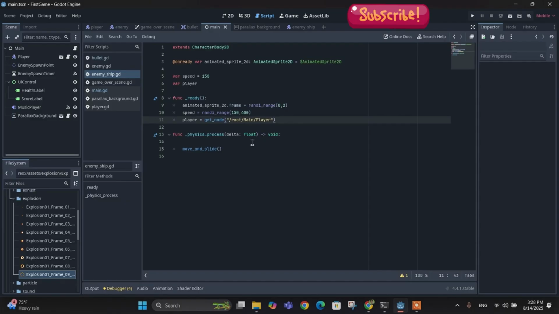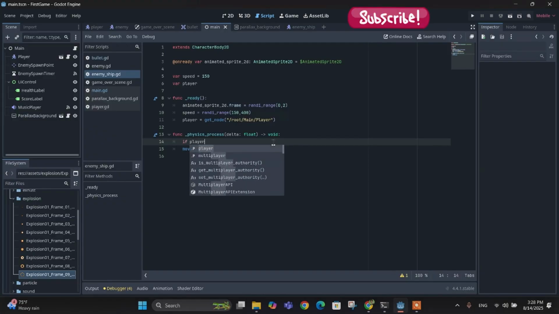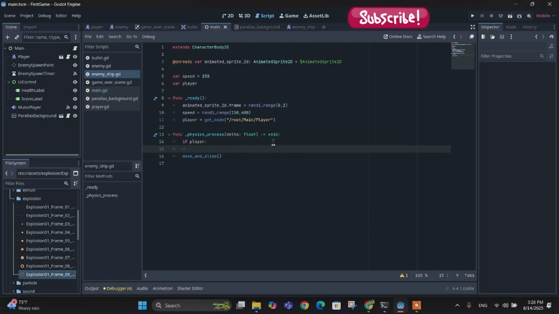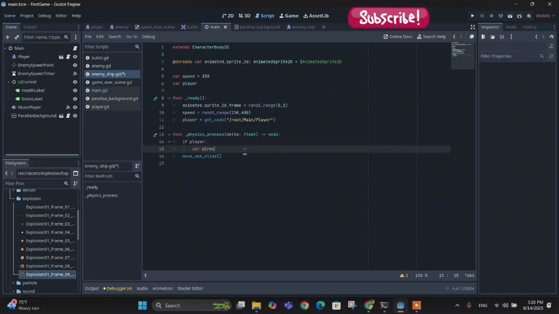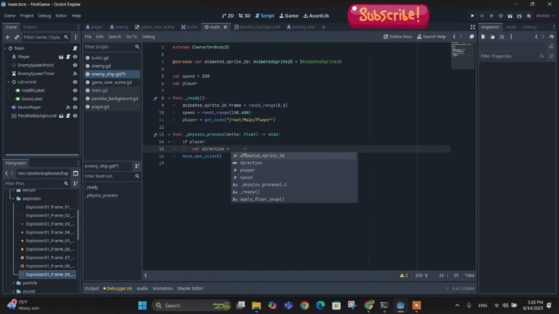And next let's go to the _physics_process function, and here we are going to write something. First of all, if player, so if there is a player, an actual player, if the player variable is not empty, then what we are going to do is get the direction for that player. For that we are going to create a variable, var direction, and direction equals to